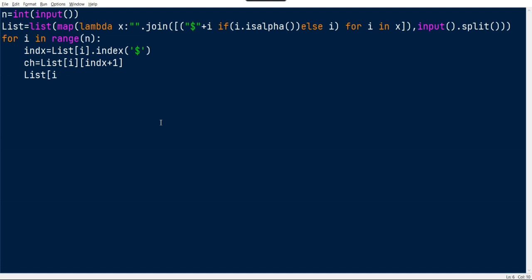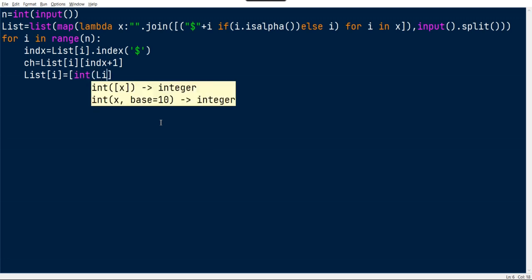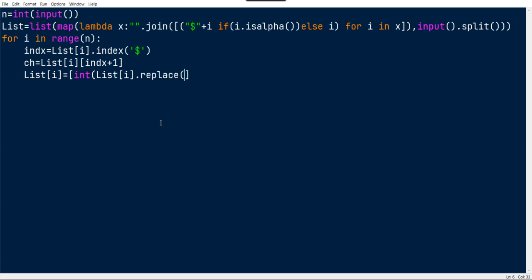List of I equal to a list which contains the integer value of list of I dot replace the value of dollar sign which we have included and the character which it contains already.